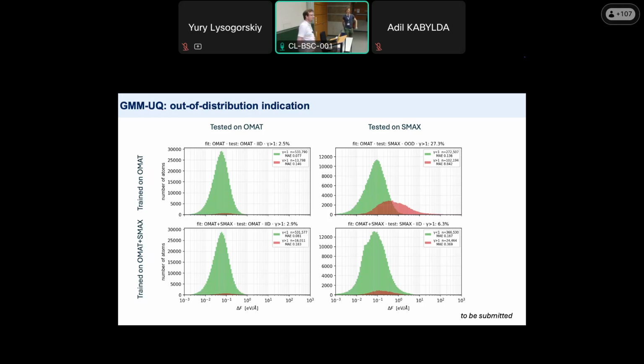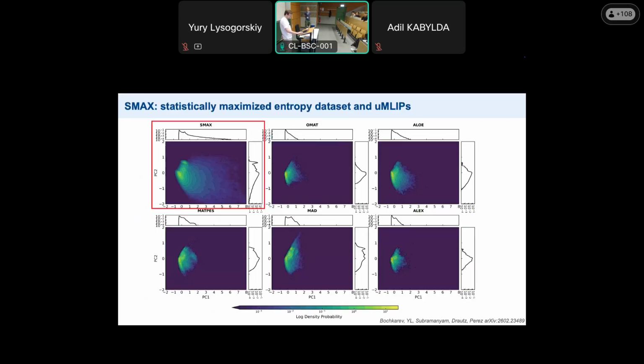Yeah, there are actually many questions online, so maybe you can answer those later, but I will read one now. Question from Mikhail Rudenko: thank you very much for the presentation. I have a question about the SMAX dataset. What were the maximum force magnitudes and energies per atom in the dataset? In other words, how strongly distorted were the structures, and how much was the data distribution shifted towards highly distorted configurations? Yeah, I cannot recall it off the top of my head, but I may refer you to this paper.